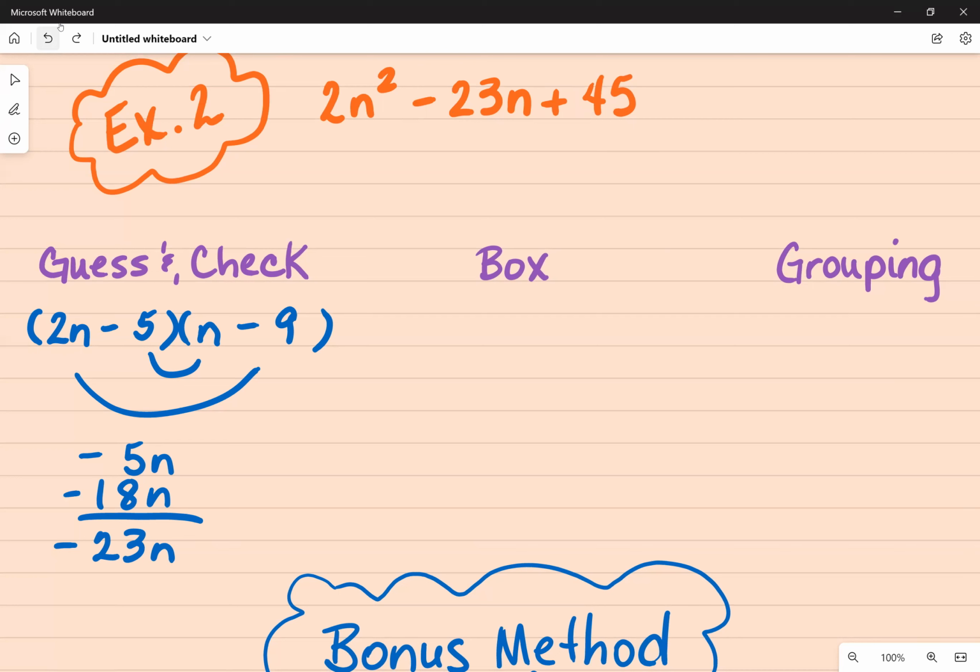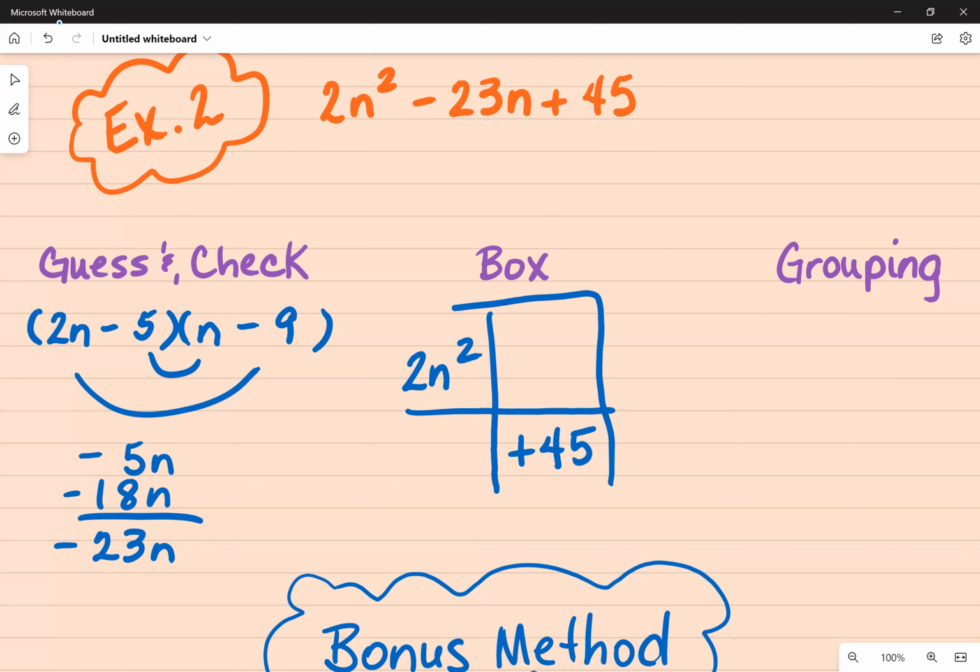Let's look at it from the box method. Using the box method, the first term goes in the first box. That's 2n squared. The last term goes in the last box. Multiply A times C, which is 2 times 45. That's going to give me 90. We already know the answer, but if we did not know the answer, what you could do, because you don't want to just guess and check and say 30 times 3 or 10 times 9 and just keep going on and on,